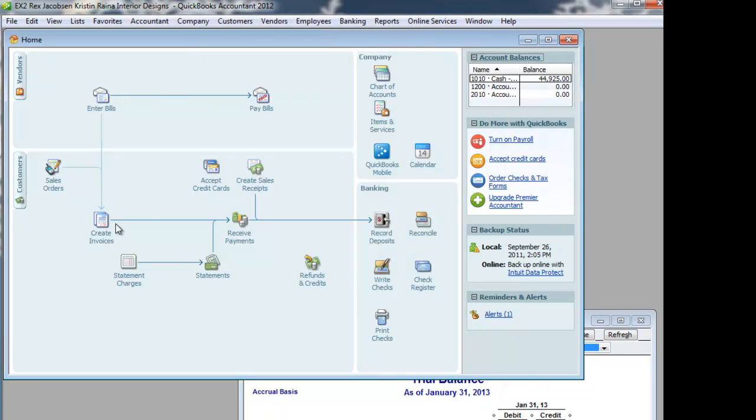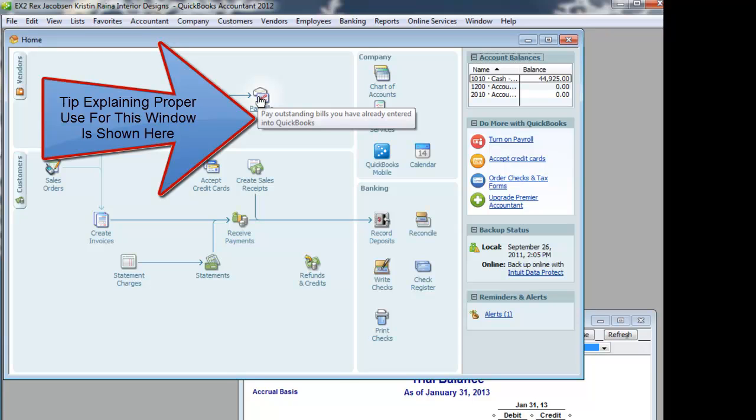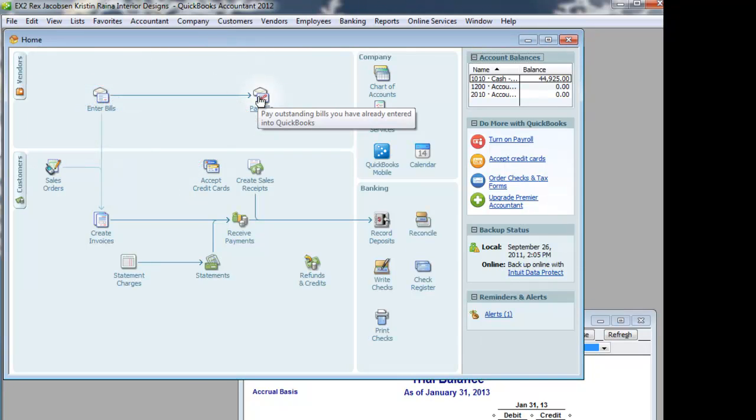or you can use these icons down here. I recommend using these icons down here. Another thing that's nice about these icons is if you point to the icon, it gives you a tip about what this item is for. And then what's really going on here